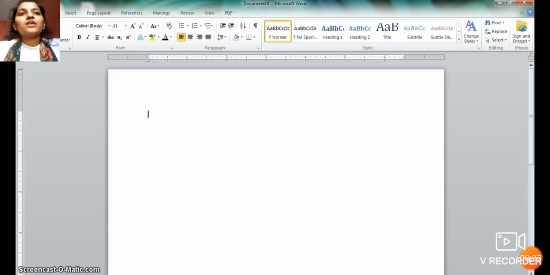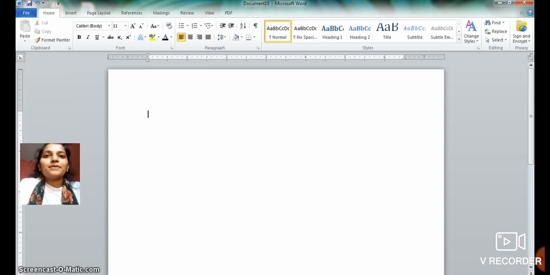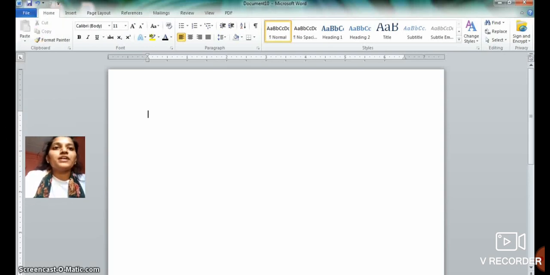Now students, we are going to see how to use the enter key, or where it is necessary to type the enter key. We have seen about the tab key in lab practical 2. You are going to type two keys, the tab key and the enter key. We have seen about the tab key. Now we are going to see about the enter key.